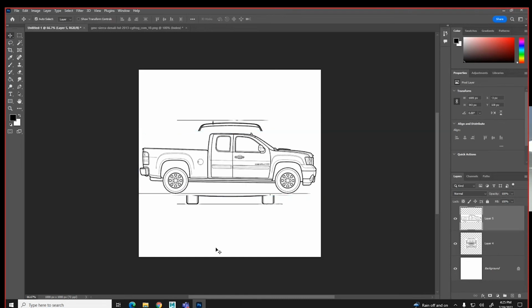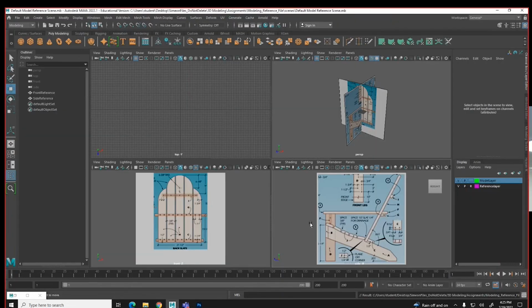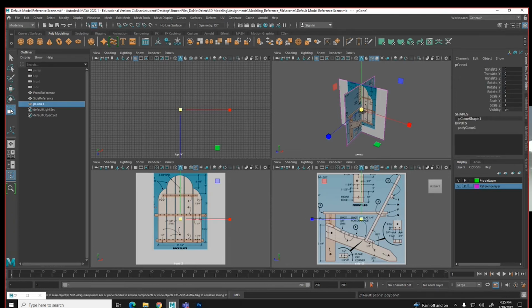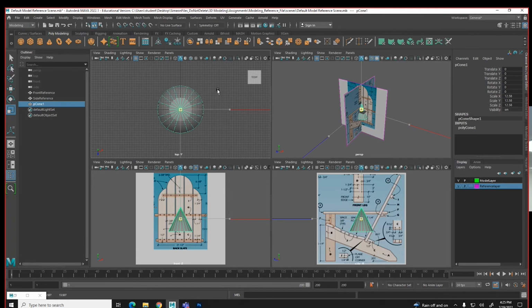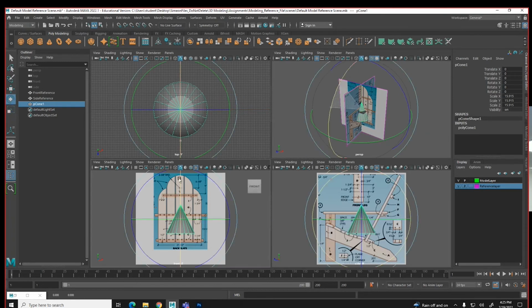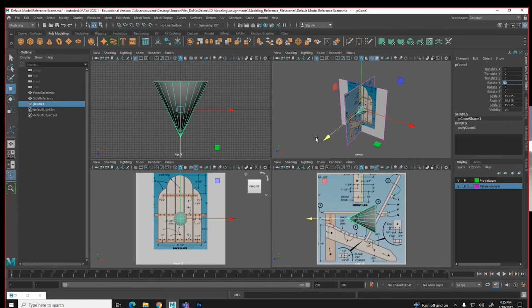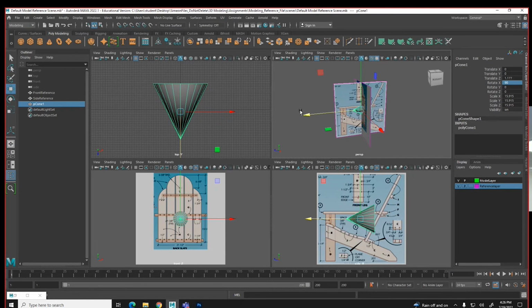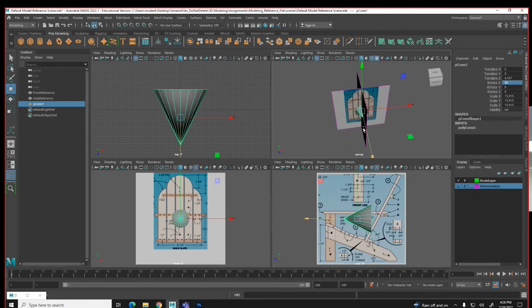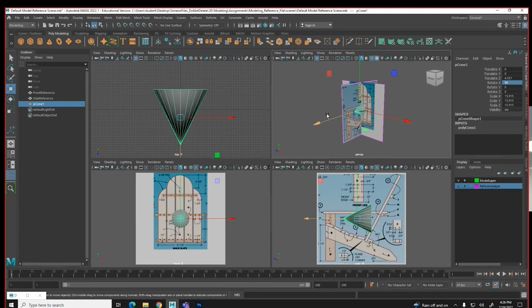Now, here's a big issue that pops up, and I might as well have this here. This is a very important thing to sometimes put into this reference, is to create a cone. Okay, I know it sounds silly, but if we create a cone, and then I rotate that cone in the positive direction by coming here and typing in 90. It's telling me which way is forward based upon perspective view. See that? This is facing forward. That's the forward. And the reason why we need to know that,